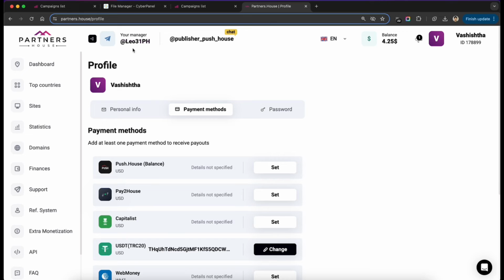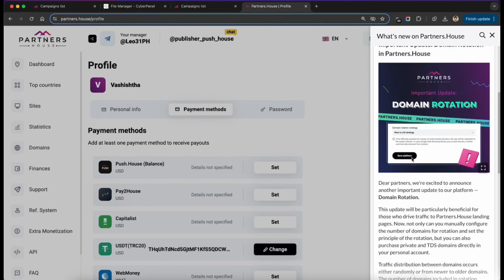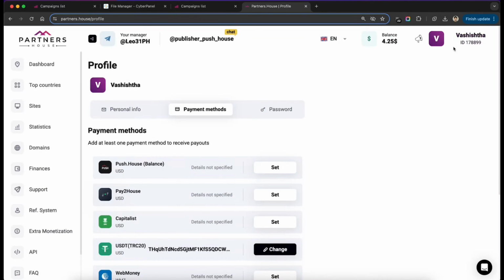So all these options are available. You can choose the one you want, and then the details for your manager and for direct chatting with your manager is also available. You can contact them on Telegram. You can change language and a lot more. There's notification also for regular